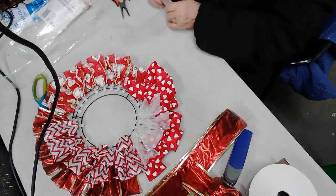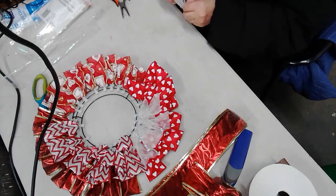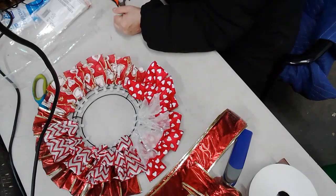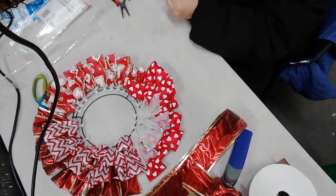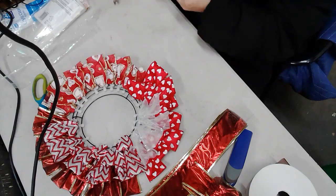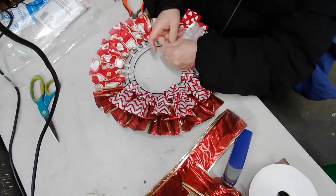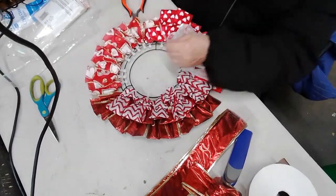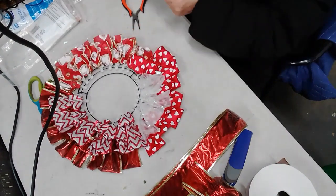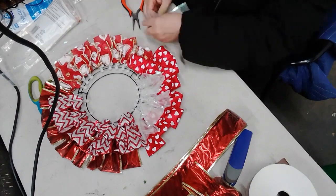So just to let you guys know, for the outside, it's a total of 24 ribbon loops. Each section is 8 strips, so it's a total of 24. The inside is 7 in each section, so it's a total of 21. So your grand total is, what is that, 45 ribbon loops